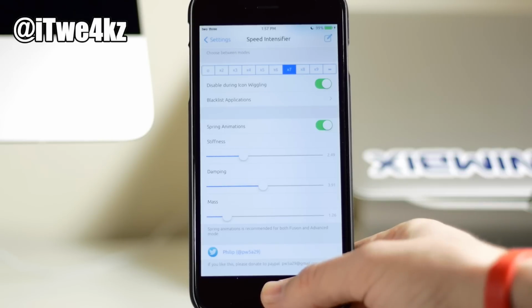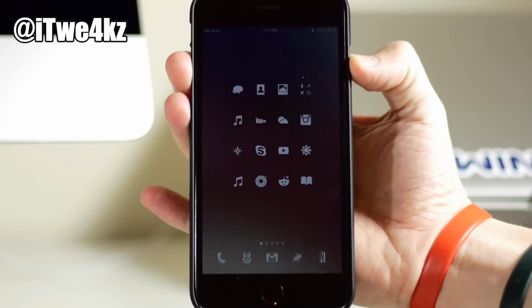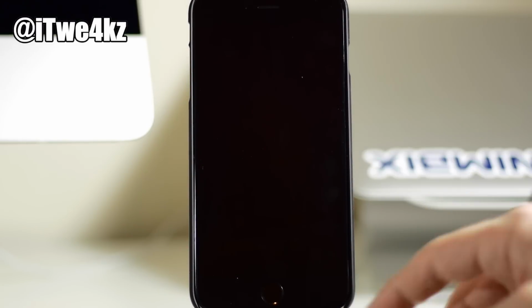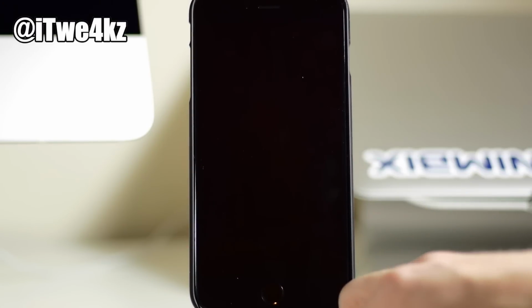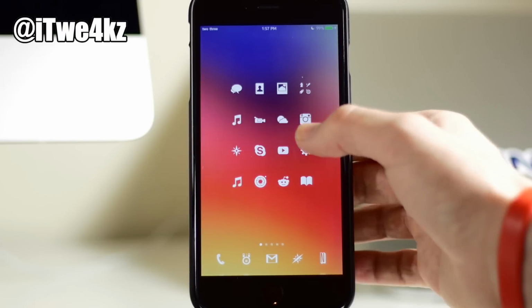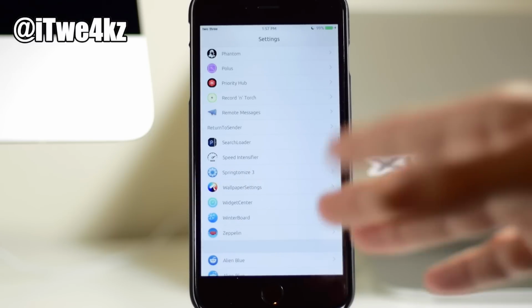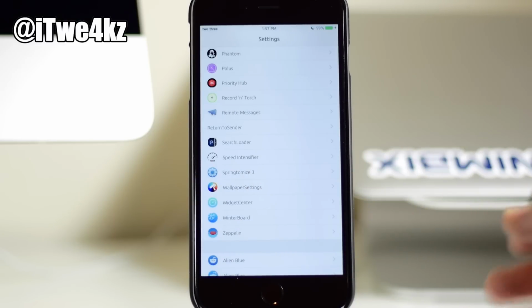want. But just a quick look, if we take a look at the slide to unlock text that we have here, you're going to notice that it's going pretty quickly, the animation behind it, or the highlight. So you can see that it's speeding that up. As well, if we go into applications and we just swipe back, you can see that it swipes back a whole lot quicker as well. So like I said, it speeds up all the animations on your